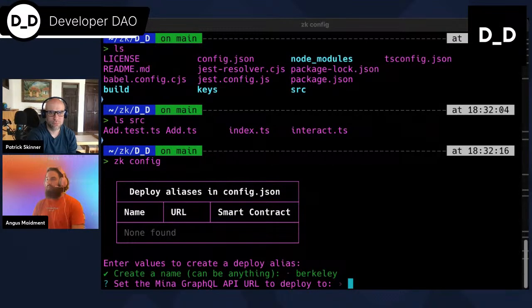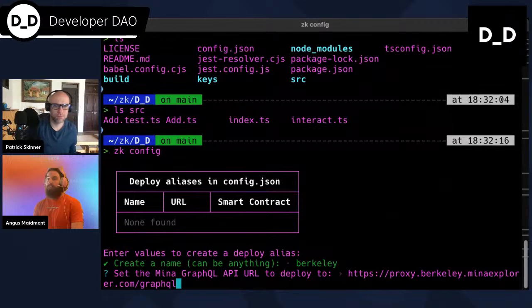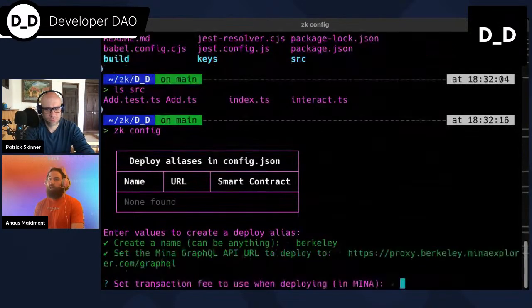It's now saying, give me the GraphQL URL. I don't usually talk through these things when I'm doing them, so I'm getting my words mixed up. Right, so here we go. I've copied this, and this link will be available to you everywhere. Hopefully you shouldn't struggle to find it. It's the GraphQL API URL for minaexplorer.com, which is a block explorer. So we enter that in, and we're going to set 0.1 as a transaction fee to use when we want